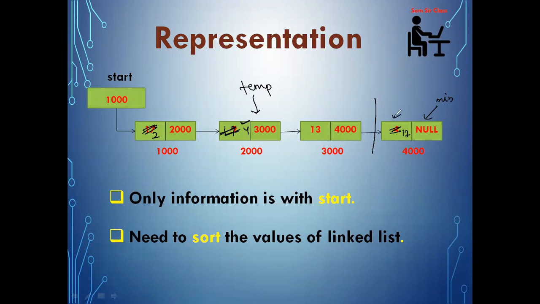We will not go for any kind of iteration whenever temp points to the last node, because we have already decided that if there are 5 nodes, we need to go for 4 iterations, because in every iteration one node will be sorted. So after the completion of the fourth iteration, the fifth value will be automatically sorted. So temp will go up to the last node, and PTR will every time start from temp next to the end of the list. Whatever we have discussed theoretically, let us implement the same thing through a program.